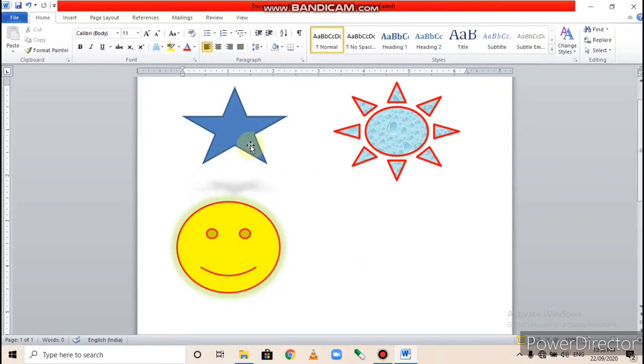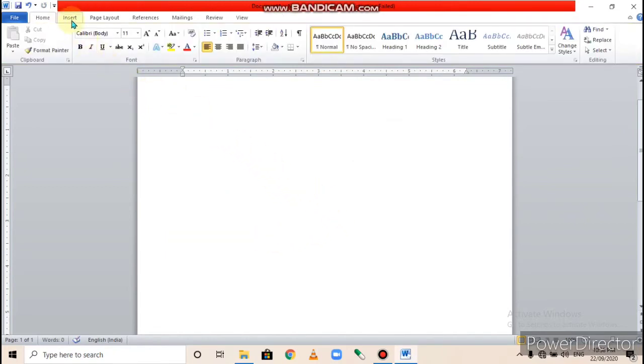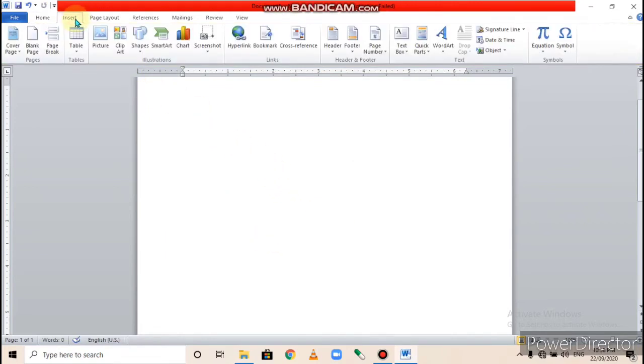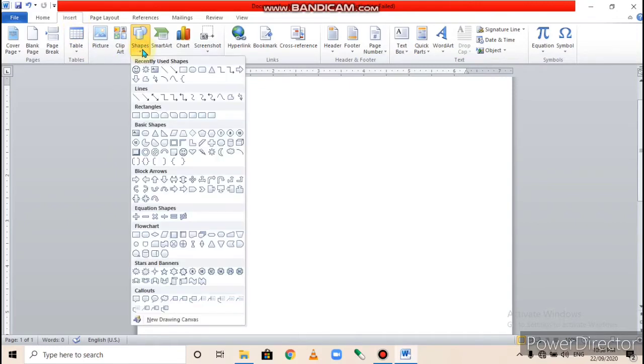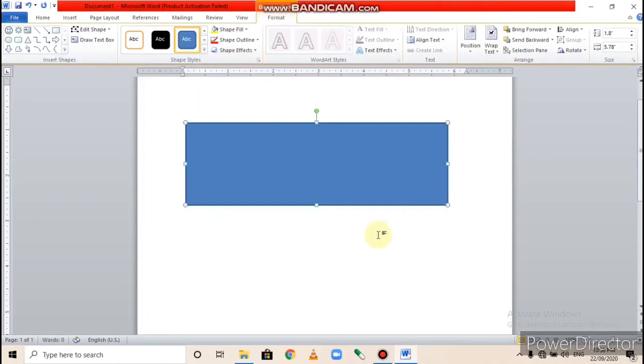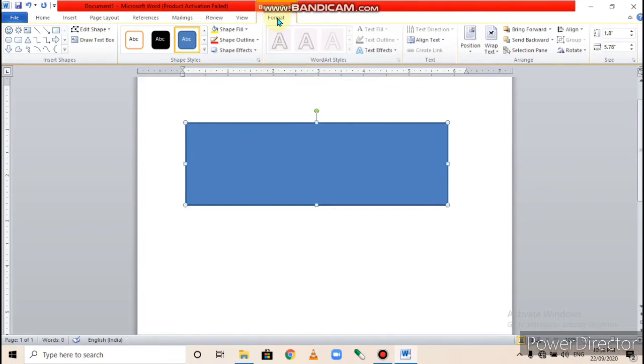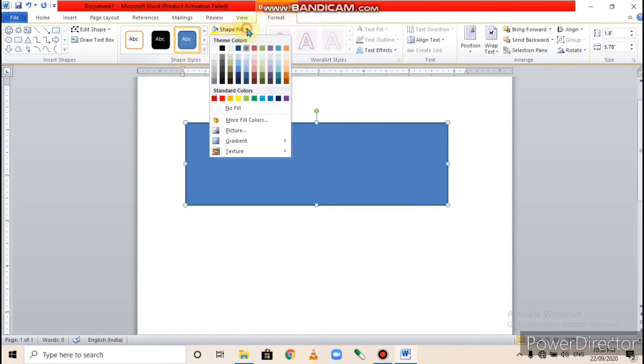I repeat once again. To insert a shape, click on the insert tab. In the illustration group, click on the shape option drop down list. Choose the desired shape. Move the pointer onto the document. If you want to change the appearance of the shape, first of all select the shape, then click on the format tab, then click on the shape fill option if you want to change the fill color.